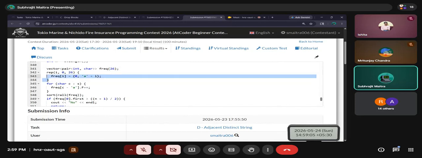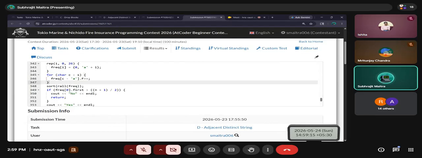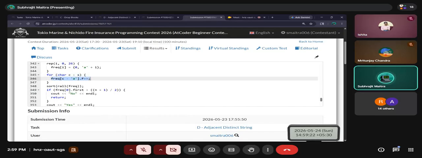Now, what I am doing, I am looping through the entire thing, and this one I'm just initializing so that every character initially has the count 0. Now I am traversing through the given S, the string that I have, and I'm incrementing its count. Fine. Now what I have done, this is reverse all. It is defined above in my template. So what it does is sorts the array in descending order.